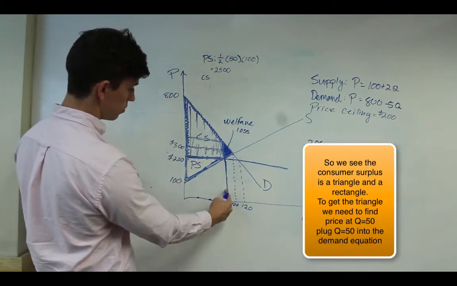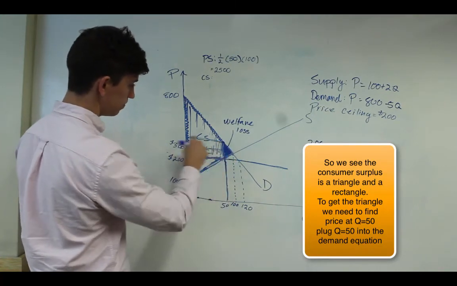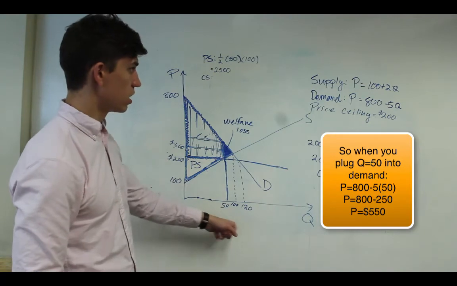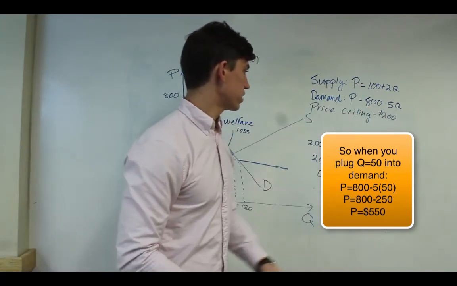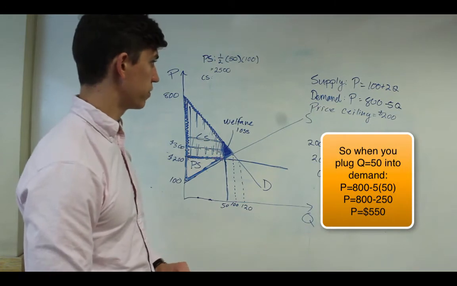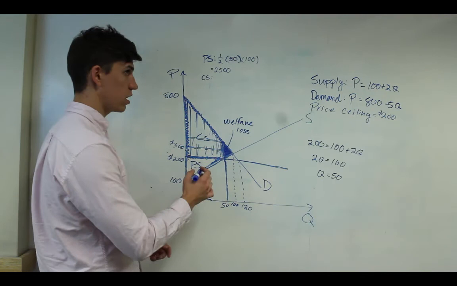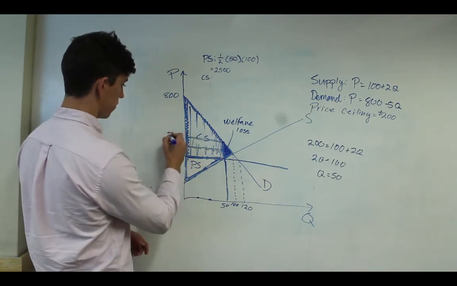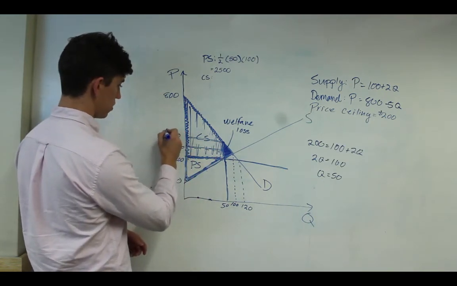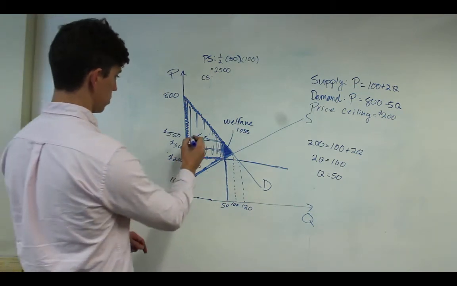And what we do for that is we plug in 50 to the demand equation, and that's going to give us what this price is. So we plug in 50 for quantity in there. We're going to have 800 minus 250, which is 550. 800 minus 250, yeah. So 550 right there. Right. So now we're going to have this area,